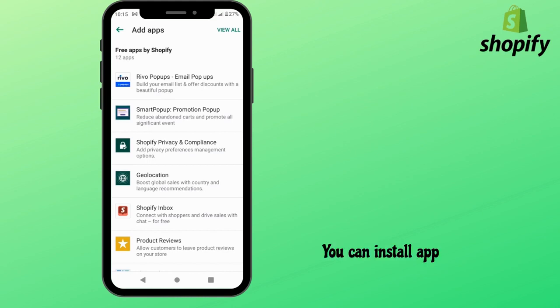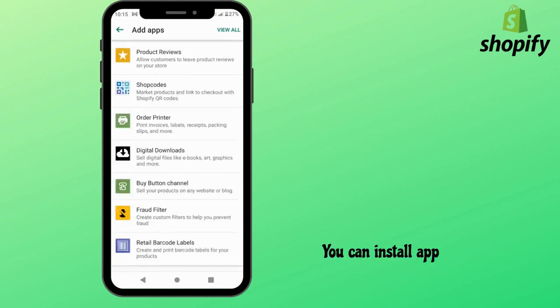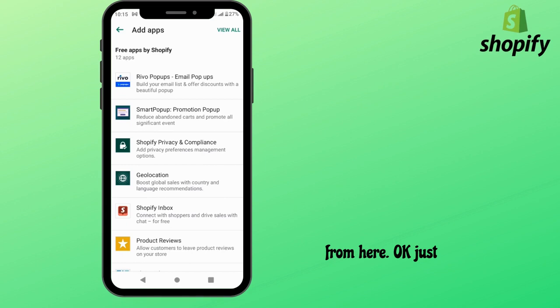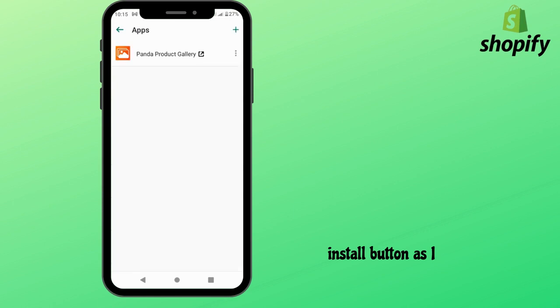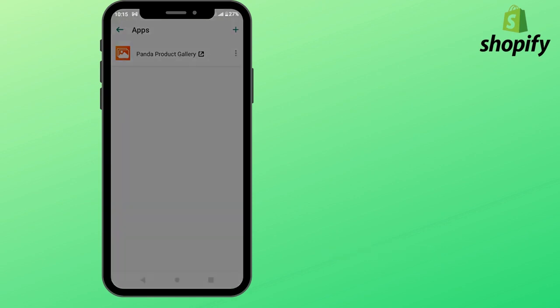Okay, you can install an app from here. Just go to the app you want and click the install button. As I added Panda Product Gallery, so when I click on it,